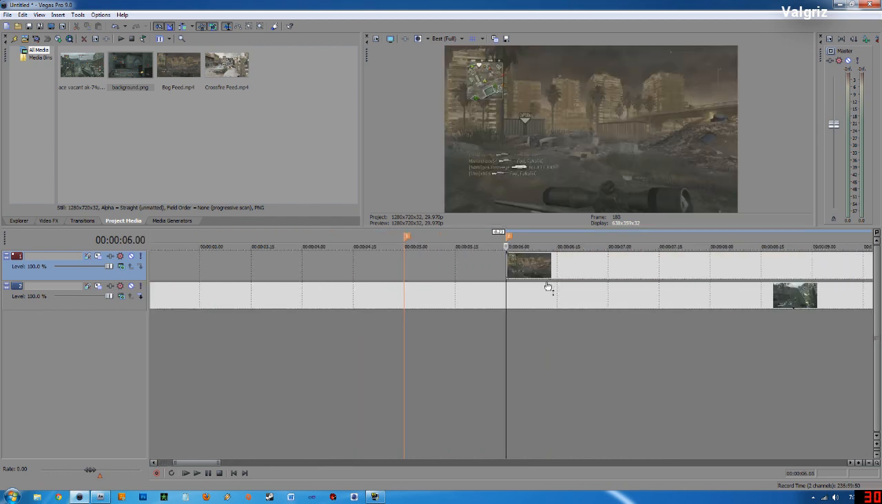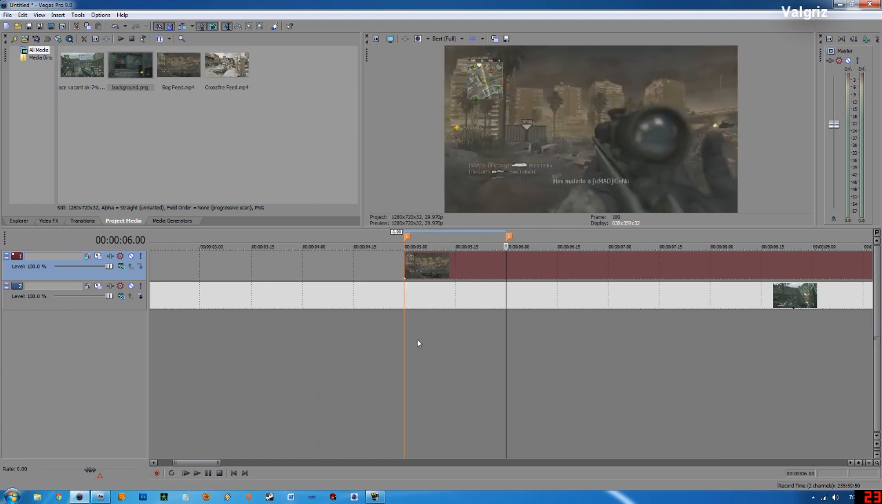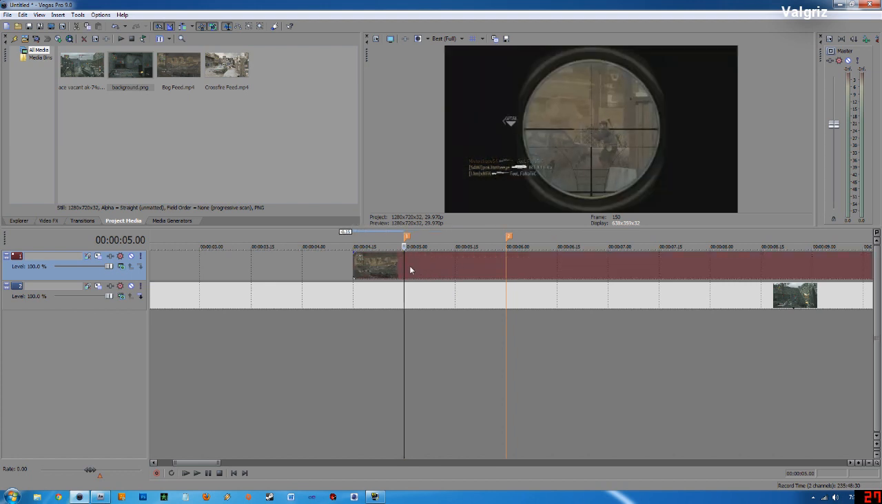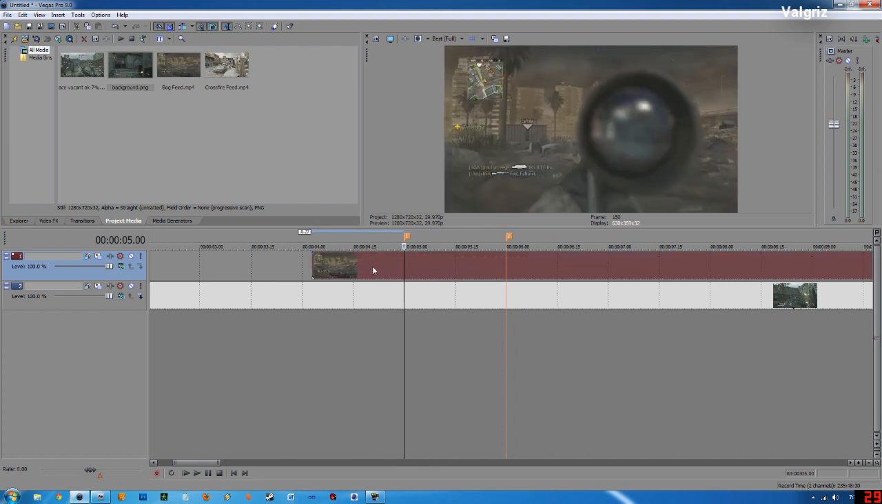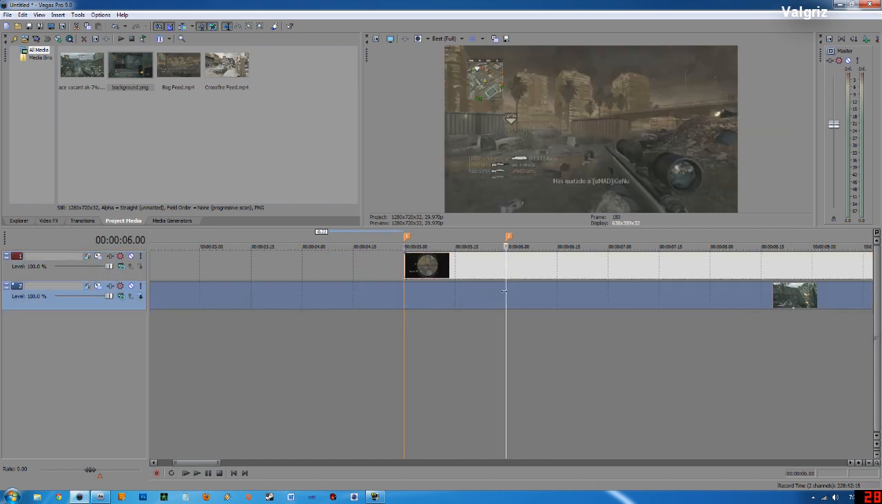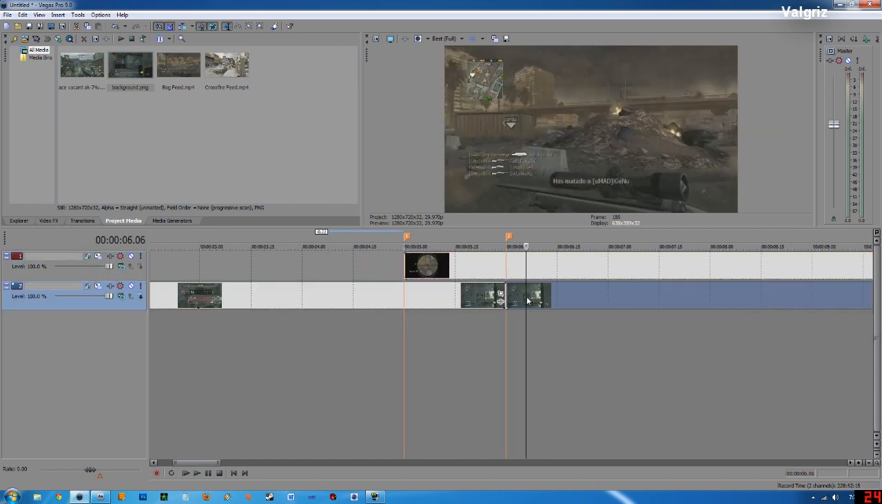So what we're going to do is drag this clip right here to where 5 seconds starts, and then find a place where you're scoped in, just like right about here. Okay, that's where the scope ends, so go a couple frames before and then cut it. Now go to the clip under it, hit S, and then delete it. Now what you're going to do,